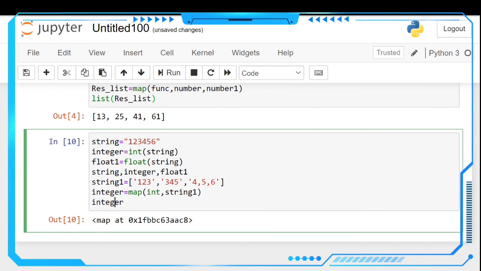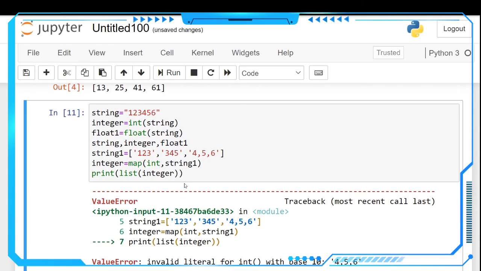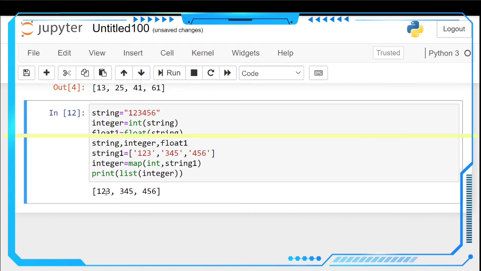If you want to print the results, you have to make it a list and then print that list. So print of list of integers. We make the integer map into a list, and then we can see the output results. See here, the print of list of integers will be 1, 2, 3 and 3, 4, 5 and 4, 5, 6.